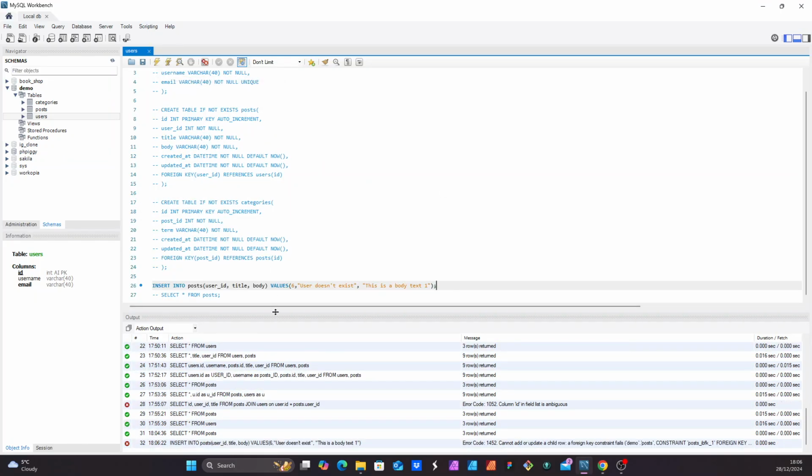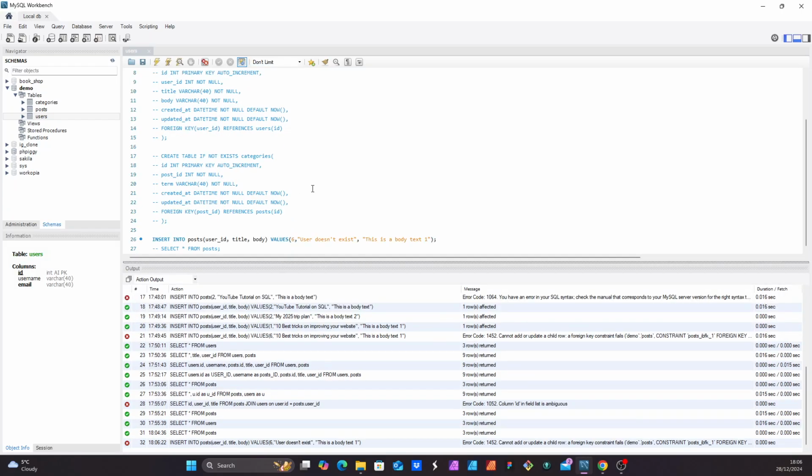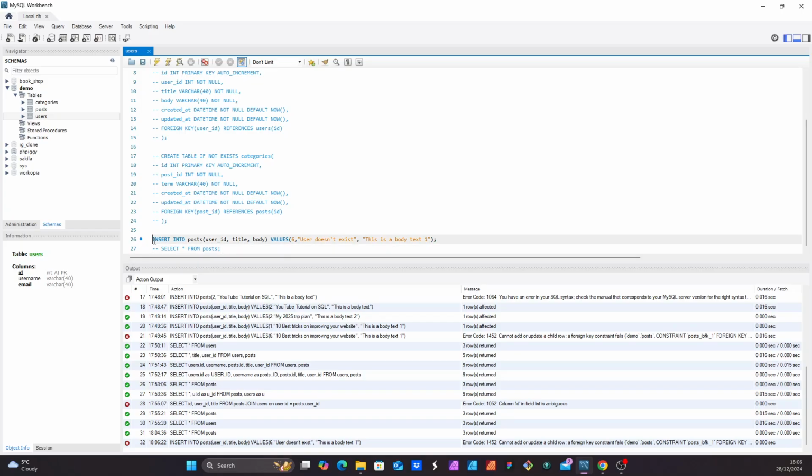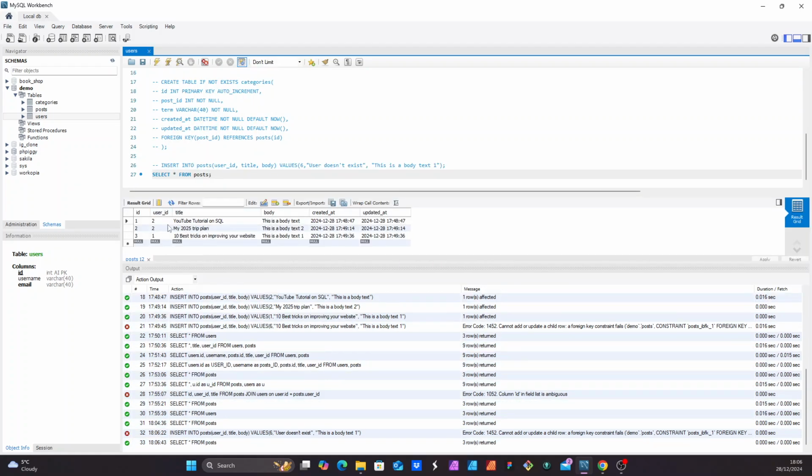Okay, so let's execute this. Now you may think it's being loaded, but in reality I got an error at the bottom that says cannot add or update a child row. A foreign key constraint fails because the user doesn't exist. So if we now comment this out and uncomment this and run, we see it hasn't been added. However,